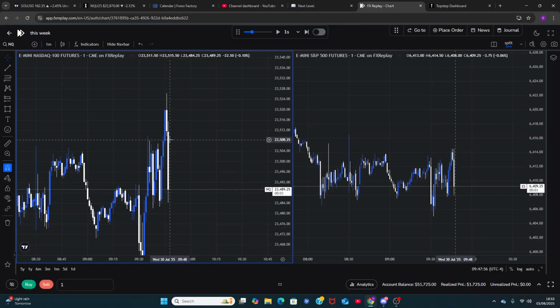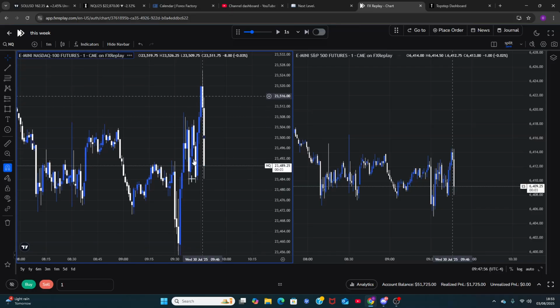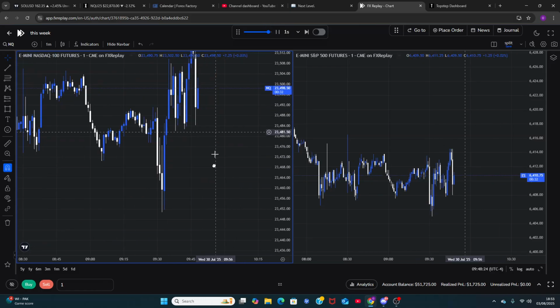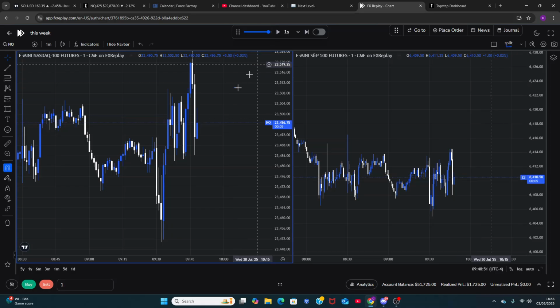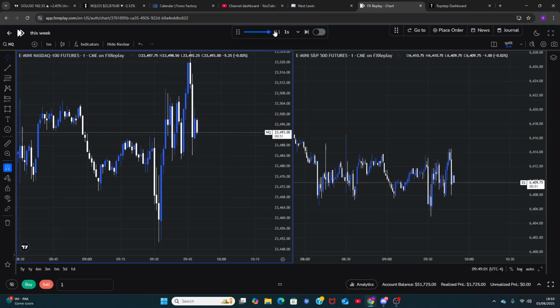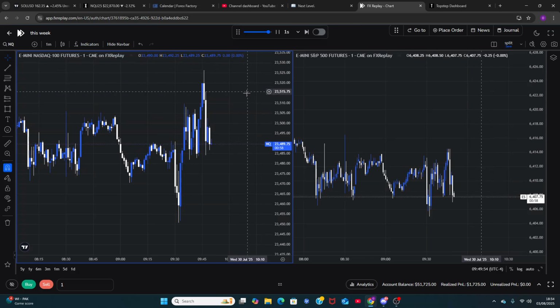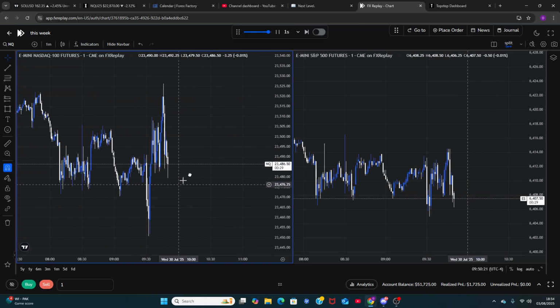Oh, wow. Okay, you missed it if you didn't execute right there. What the hell? Okay, so shorts there would have been valid. You could have targeted this area here. But low key, it looks pretty bullish overall because I think this sweep was very nice. You could enter shorts here, target this range, but just avoid this day, bro. Low key, just avoid this day. All the volatility is saved for FOMC, and you guys know what happened at FOMC. Just avoid the day, bro.